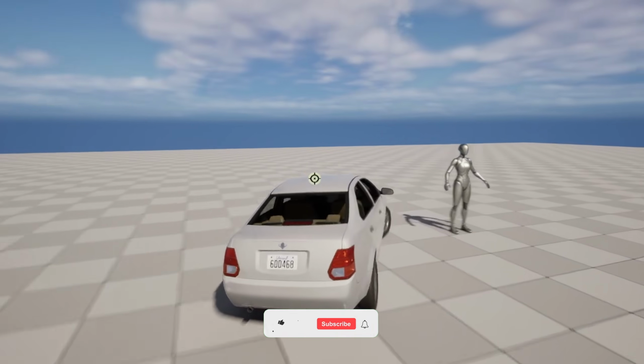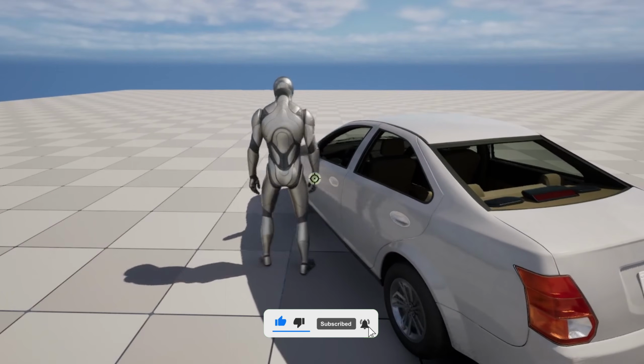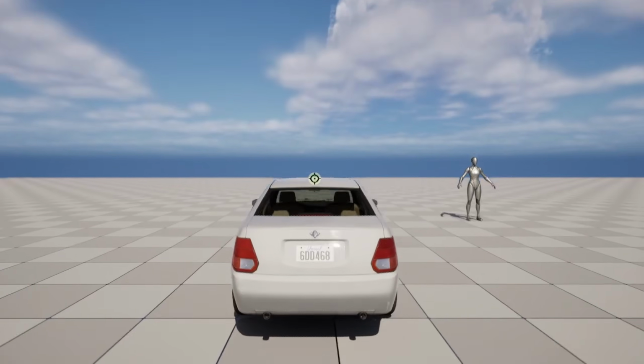Today we are continuing with the GTA 6 tutorial series, and in this episode we will set up the car interaction animations. So we will play an animation when entering the car and also exiting the car, so we will